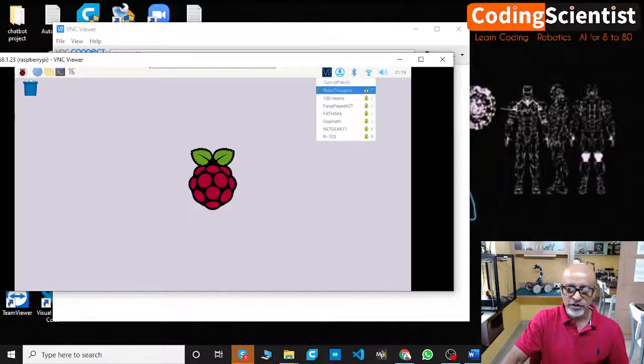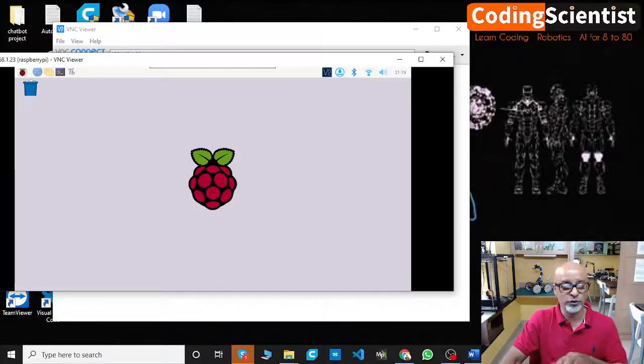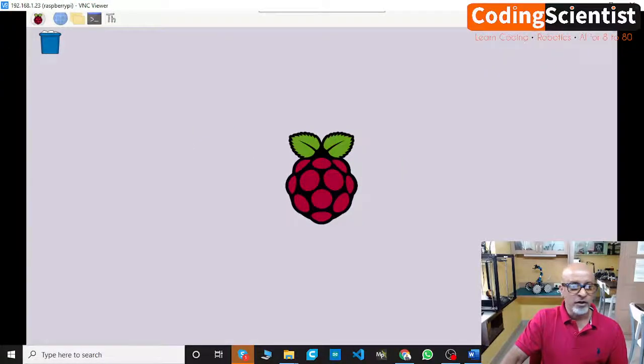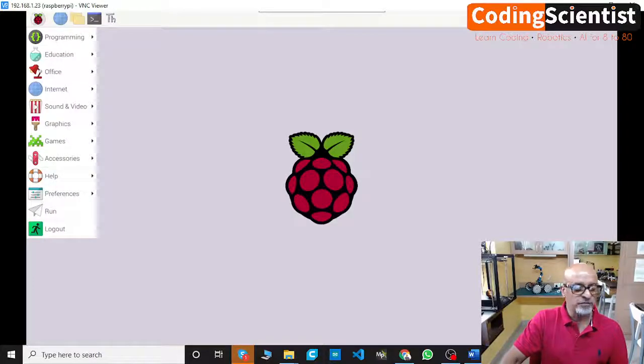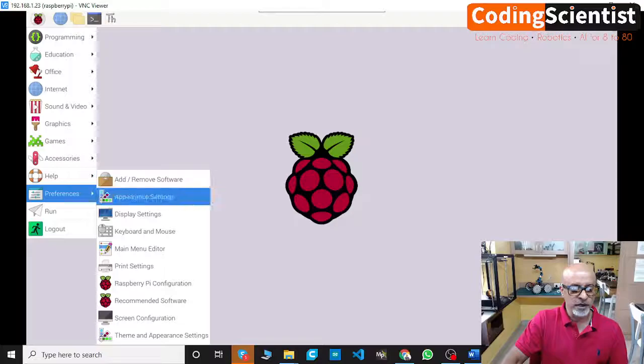And then you need to select your Wi-Fi signal, whichever is your SSID. Mine is RoboThought, so I selected this, and you need to put your Wi-Fi password, and then you need to save it. And same way Bluetooth we will see later on. Okay, and then once you are done with that, you go to Raspberry Pi, go to preference, and then go